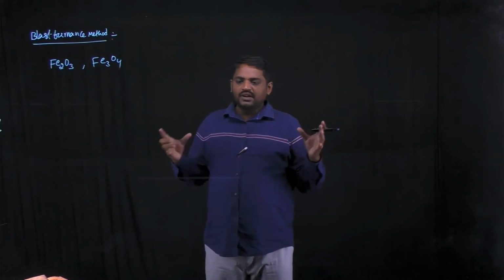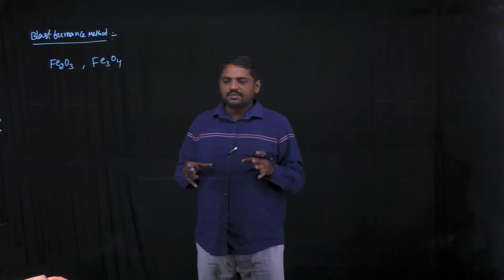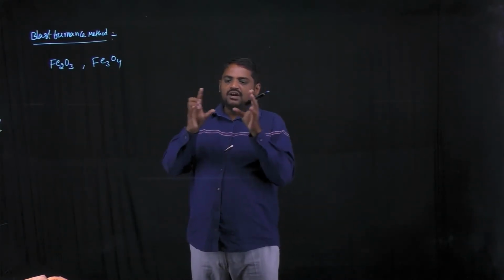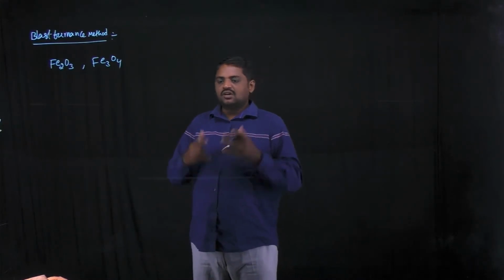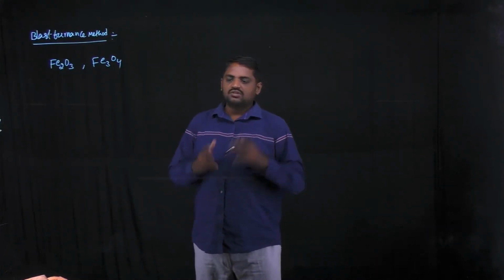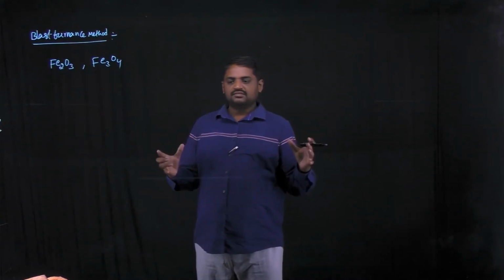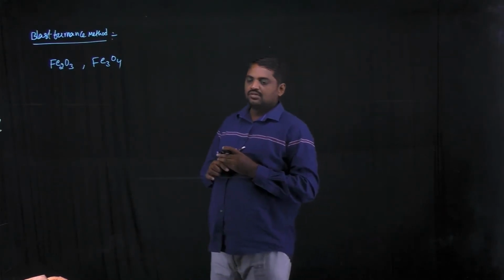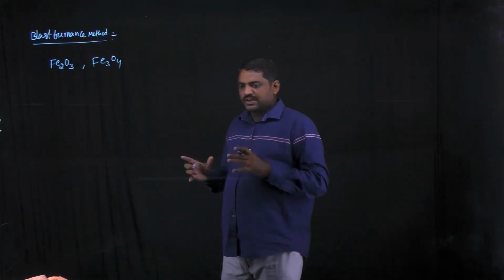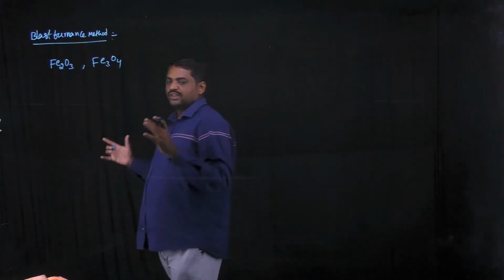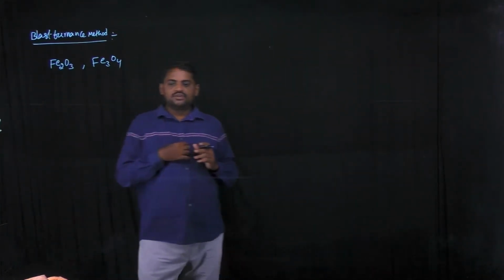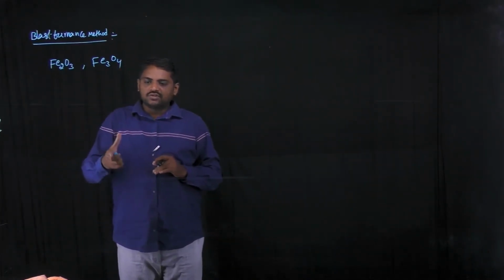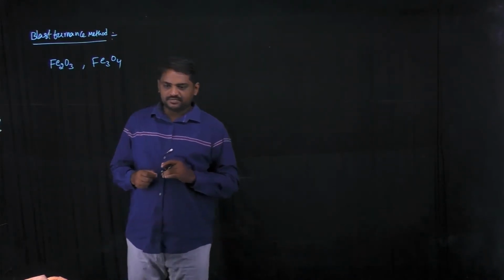For example, the open hearth method is also a good method, but in this method some of the hot gases are evolved, and automatically the temperature is reduced. That is the main drawback of the open hearth method. The blast furnace method is the best method compared to others because it has no such drawbacks. Now I am going to discuss the blast furnace method.